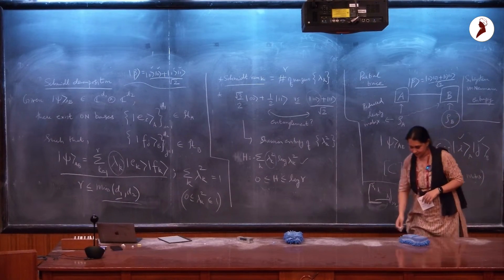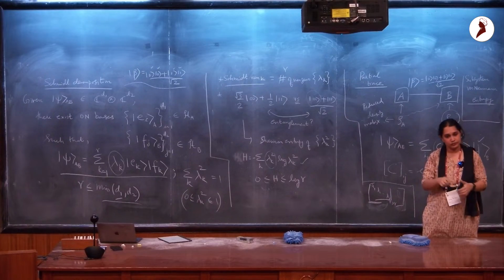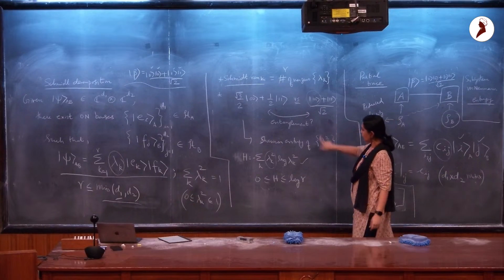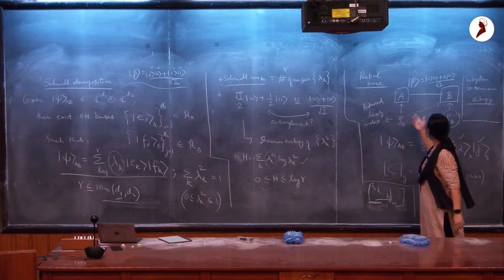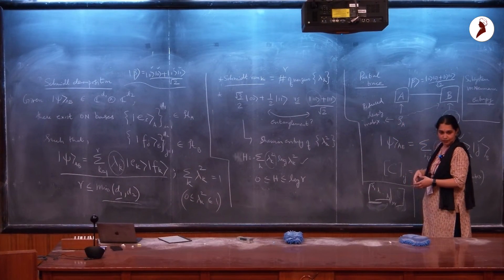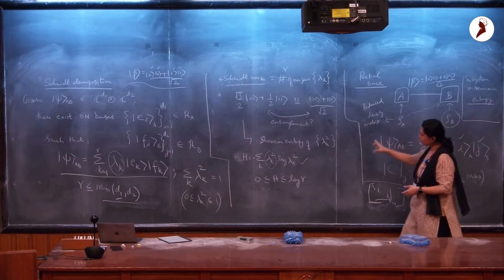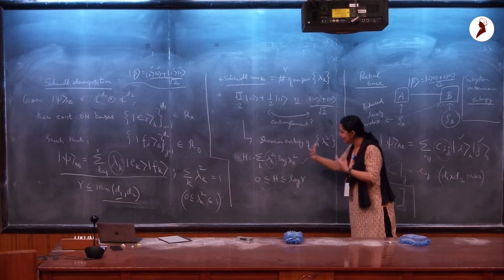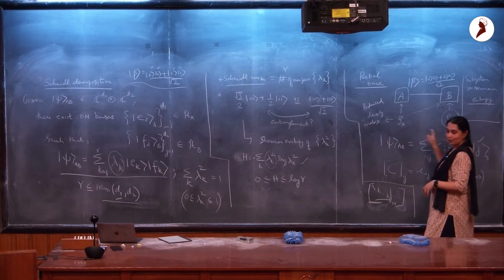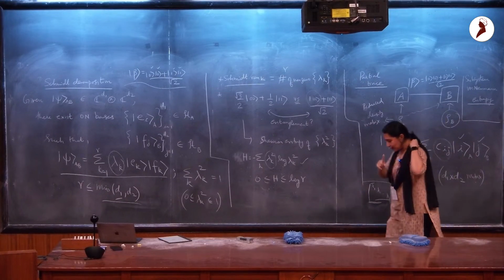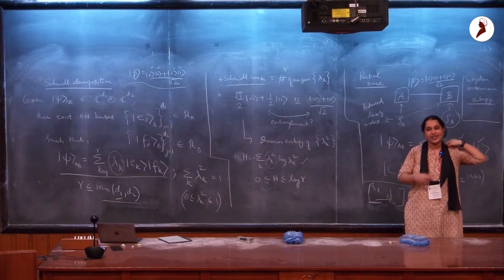Can we calculate this von Neumann entropy also for this case? Which case? You have calculated here Shannon entropy. Oh, that's what I'm saying. The von Neumann entropy is the Shannon entropy of the eigenvalue distribution, right? So once I have these eigenvalues, I'm telling you that these eigenvalues are exactly this. And so this Shannon entropy is exactly the von Neumann entropy of both of these reduced density matrices. So why do we have two concepts if they are the same? They are not the same, okay? So they are not the same because,